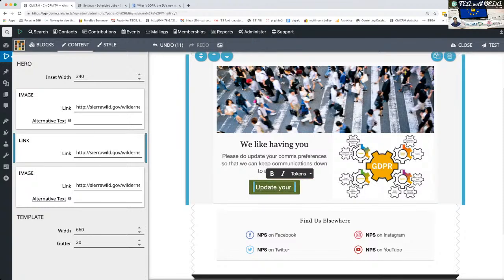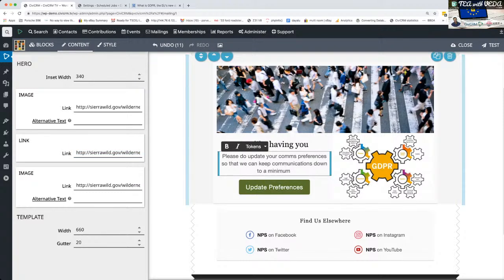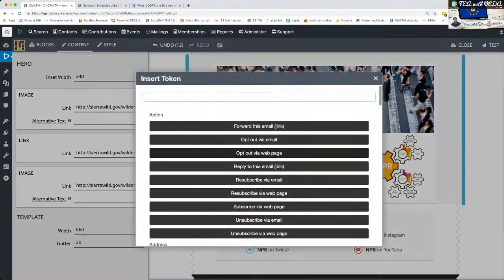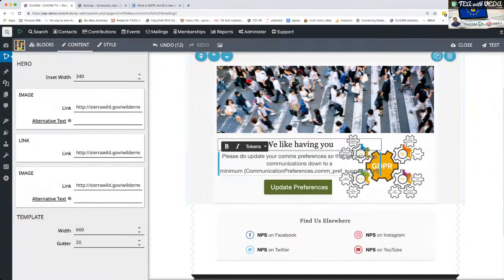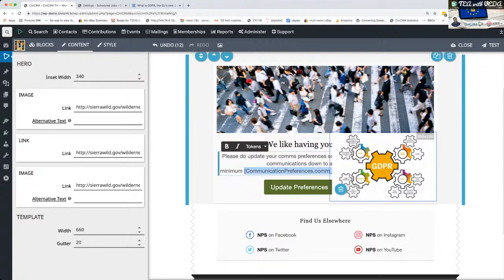the communication preferences. It's too long, so I'm just going to call it preferences. And in here I want to put the actual contact specific link. I don't know what it is, so I'm just going to grab this and say guns preferences URL. That's what I want. So I'm going to take that. Obviously there's better ways to do this, but